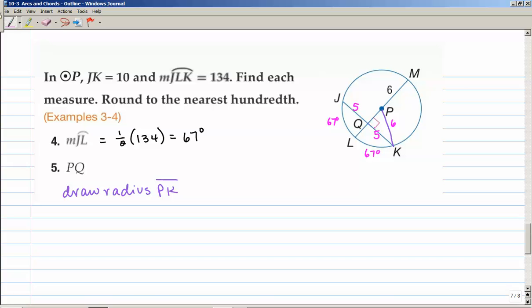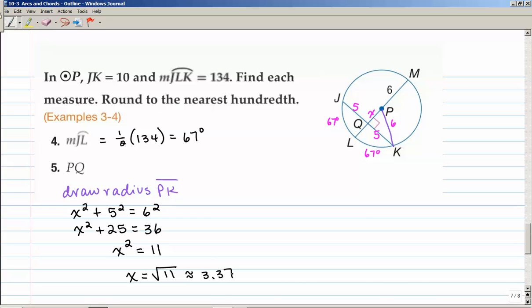PQK. I know one leg of the right triangle. I know the hypotenuse of the right triangle, and what I'm trying to find right here is PQ, which I will label as X. So from here I can use the Pythagorean theorem. I can say x squared plus 5 squared equals 6 squared, or x squared plus 25 equals 36. X squared equals 11. So x equals the square root of 11, which is approximately